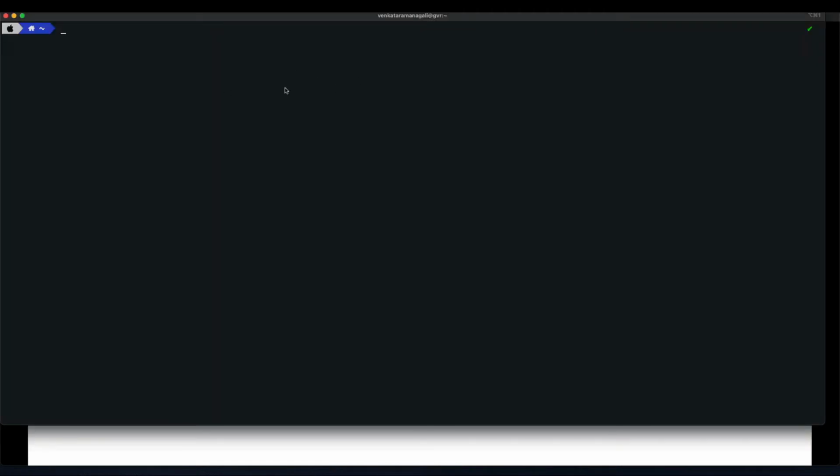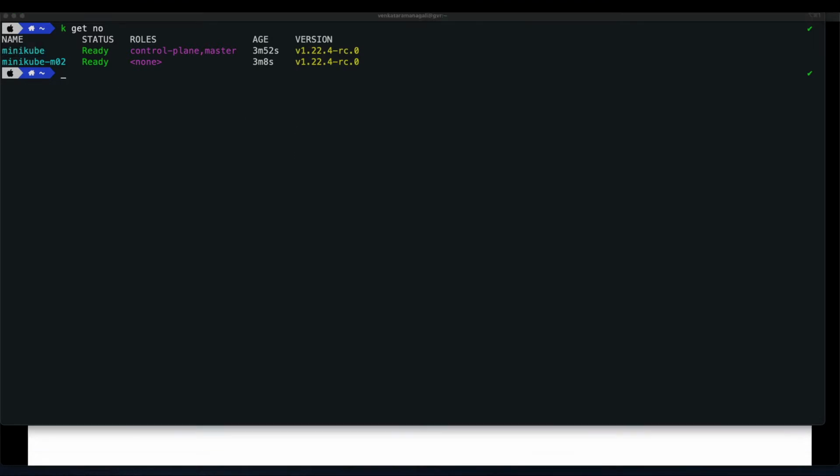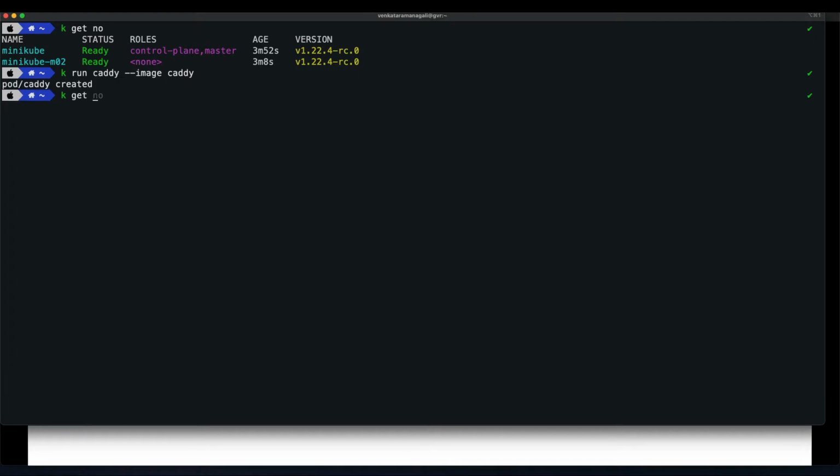Here I have a 2-node Kubernetes cluster created using Minikube. First we will create a pod. kubectl run, I will create a pod named web with image equal to caddy. Caddy is an image used for testing purposes. Now the pod is created; kubectl get pod.